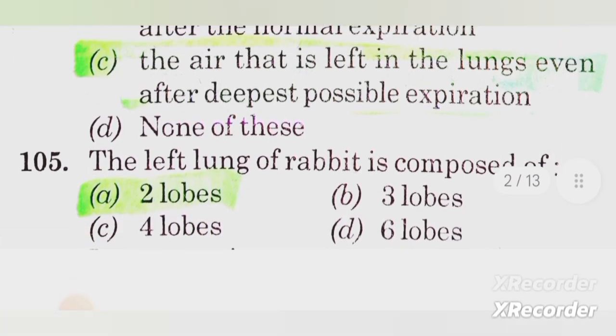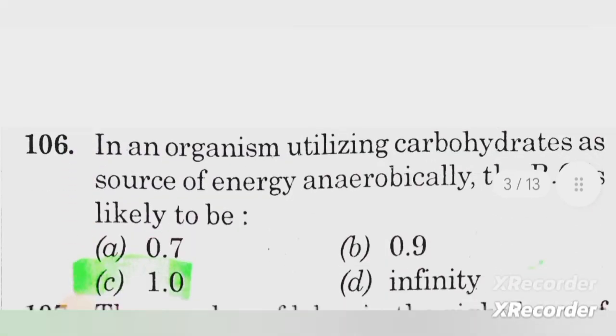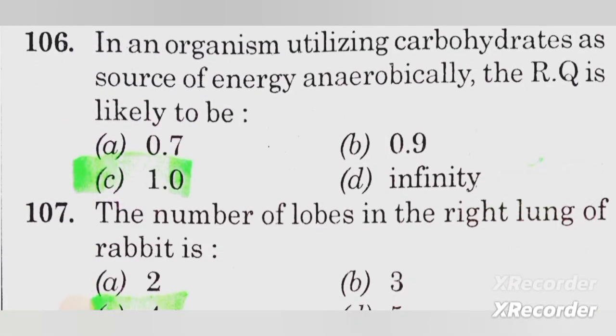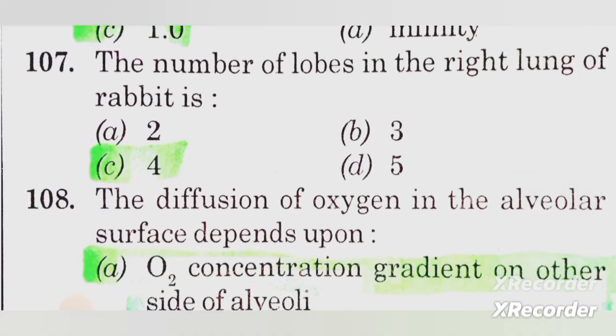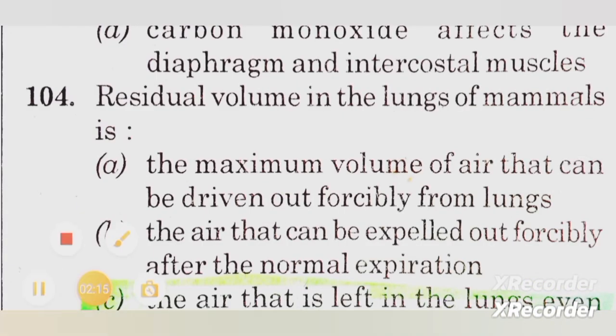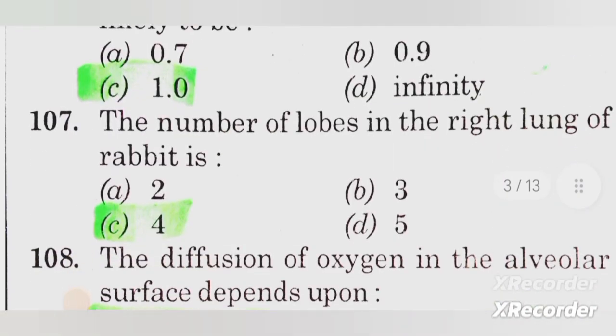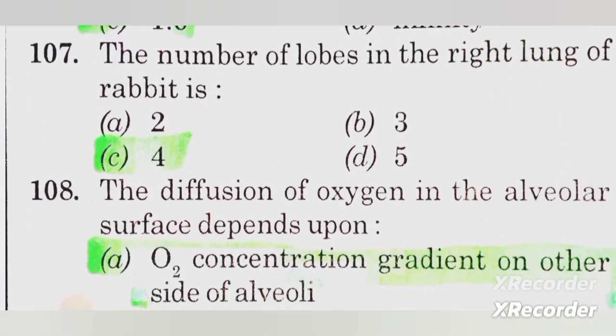Next, 105. The left lung of rabbit is composed of 2 lobes. Next, 106. In an organism utilizing carbohydrate as source of energy anaerobically, the RQ is likely to be: Answer C. 1.0. Next, 107. The number of lobes in the right lung of rabbit is